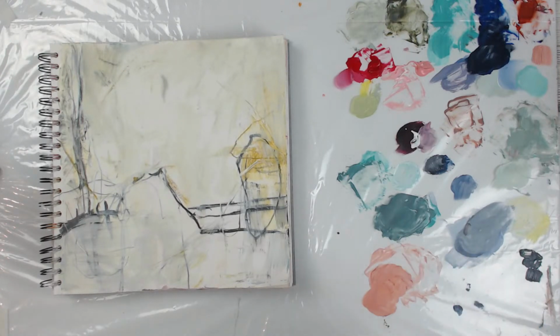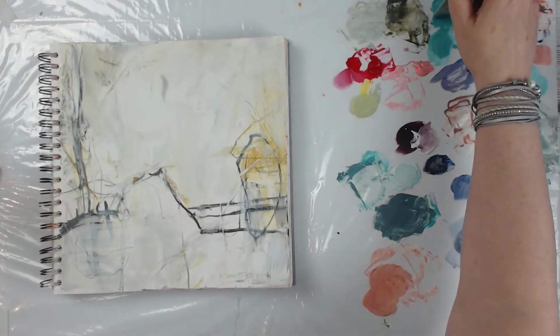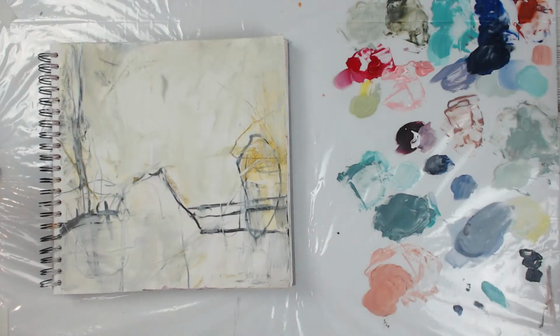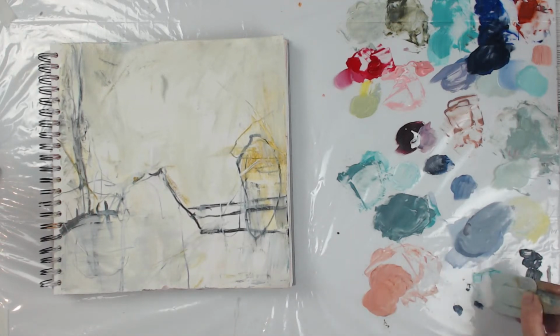All right, let's see. I'm gonna try and just work with the colors that I have. And I think I'm gonna start with the turquoise and some of the white. And I'm really liking this,